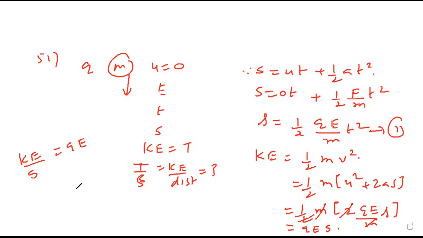Q is constant or variable? Constant, and E is constant. So this is constant with time. So the first option is correct. It is not independent of charge. It is not independent of field. This is correct, option A. Should I follow this? Yes, sir. Okay.